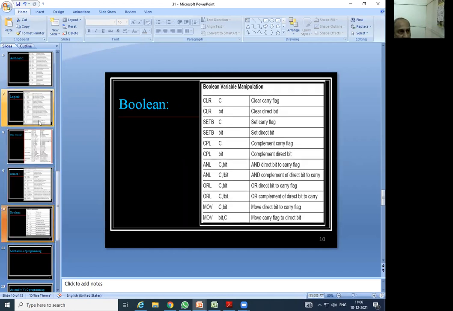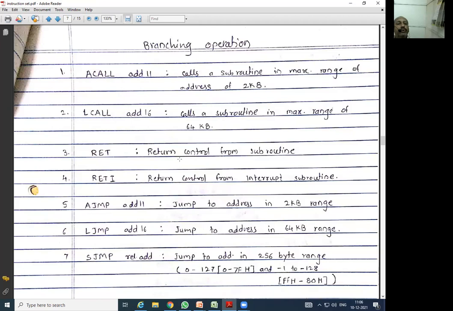So this is what we are going to concentrate on, and then we are going to actually start Unit number 3, bit by bit. For that, I have written the notes, and from them I have explained. So today we are going to continue with the branching operation. I hope you all are able to see this screen.